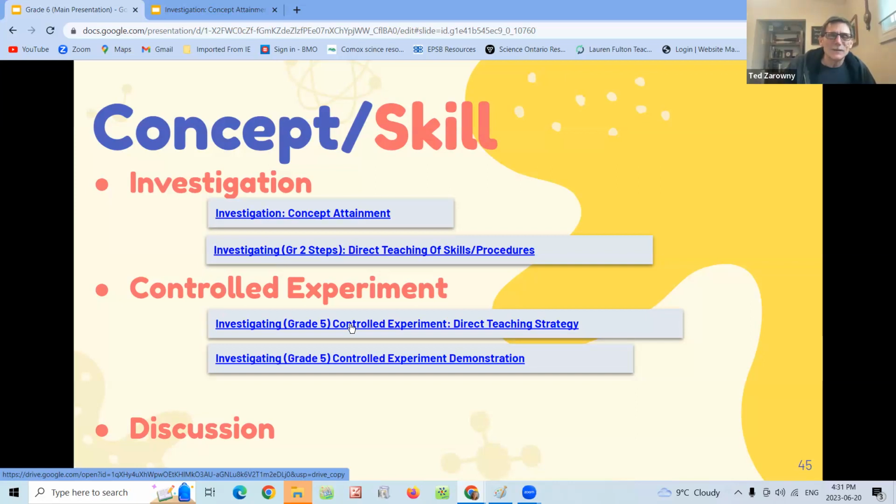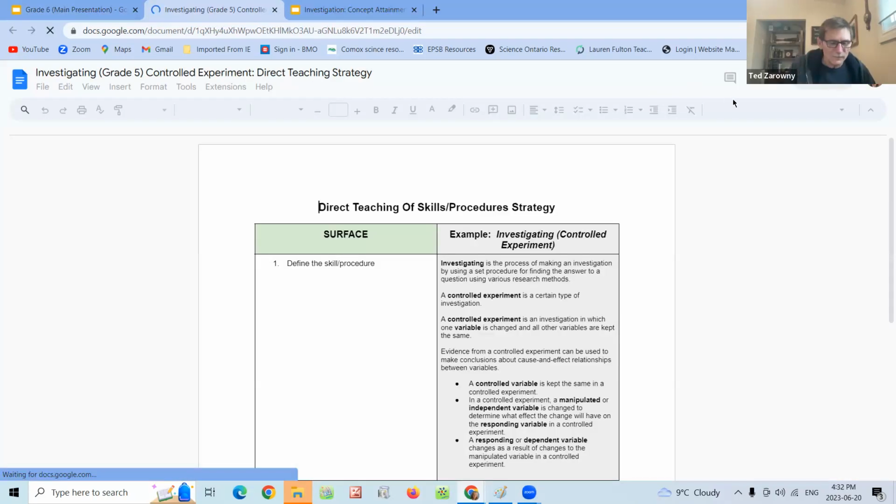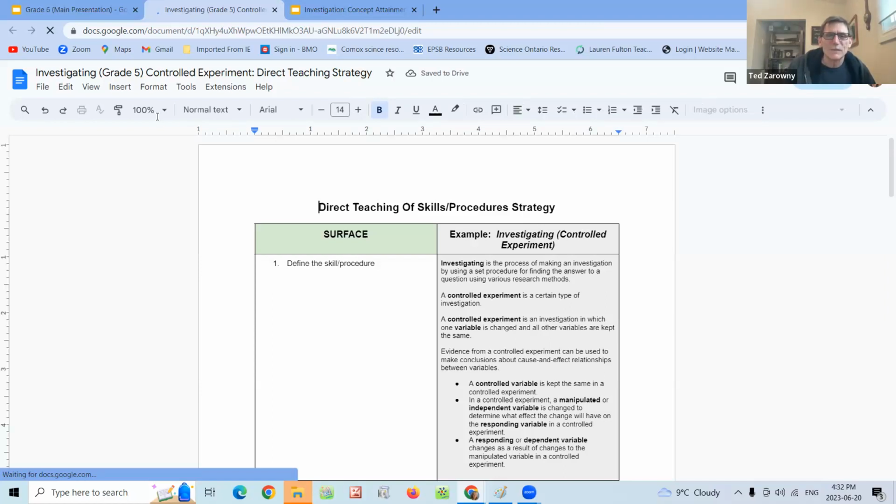I do want to just mention: now we know what an investigation is, how do we conduct it? First of all, don't click on that link that I'm going to talk about, Chris. But at grade 2, they list the steps of an investigation. You won't see them listed in grade 5 at all. You have to go back to grade 2 to see the list. What grade 5 does is add on to that list by talking about a controlled experiment. So, Chris, if you can click onto that grade 5 controlled experiment 1. I've included here the steps.